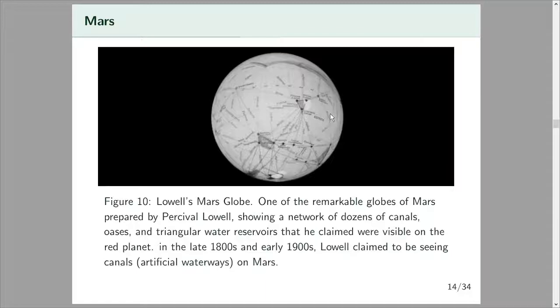There's an interesting story about a guy named Percival Lowell, who was a wealthy man in the late 1800s and early 1900s. He imaged Mars a lot. He did drawings, and he decided that there were canals on Mars. It was sort of a misunderstanding. A guy named Schiaparelli, an Italian guy, used the word canali, which means channels, but Lowell took them to mean man-made canals, and so he argued that there's agriculture going on Mars with canals and